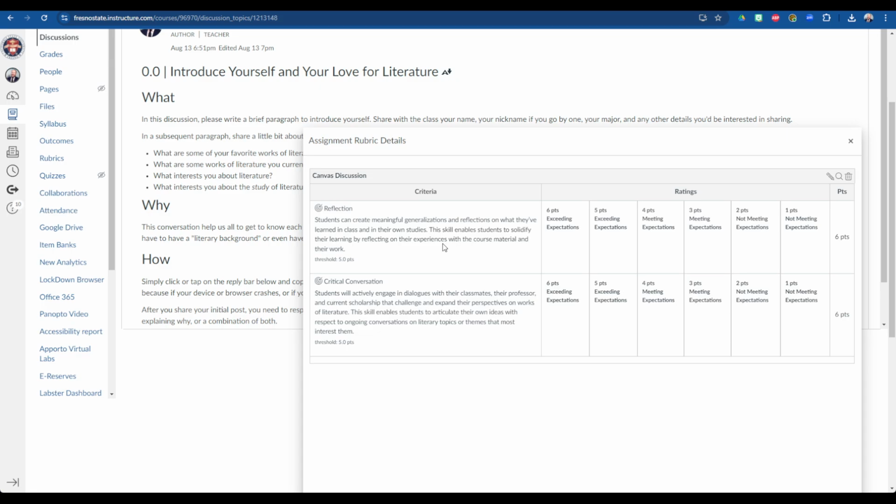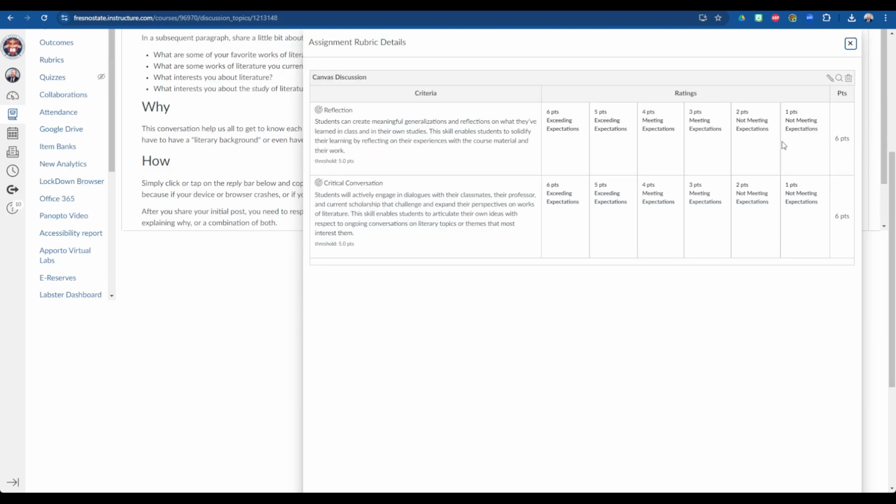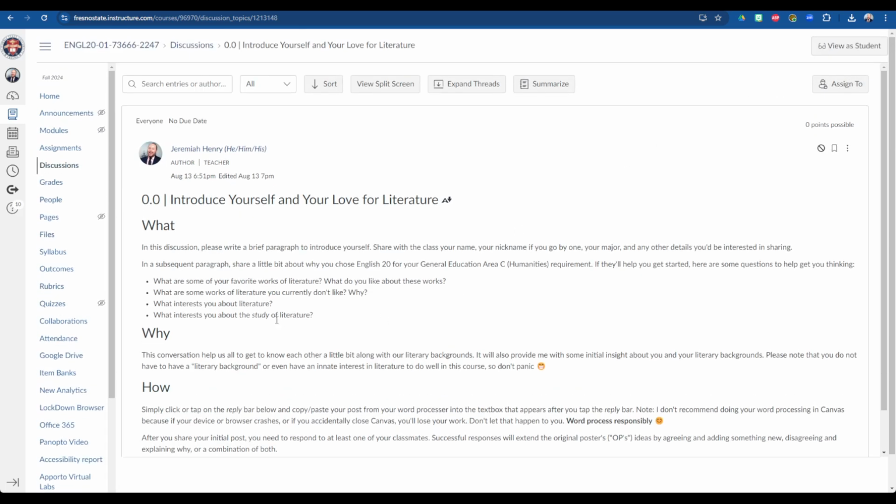So now as I would go through and I would assess my students' work on this assignment, I can key in what I think their rating is on the work, and then that's going to be reflected in the Canvas Learning Mastery Gradebook. Okay, speaking of which, as I mentioned previously, by default, the Learning Mastery Gradebook is not enabled